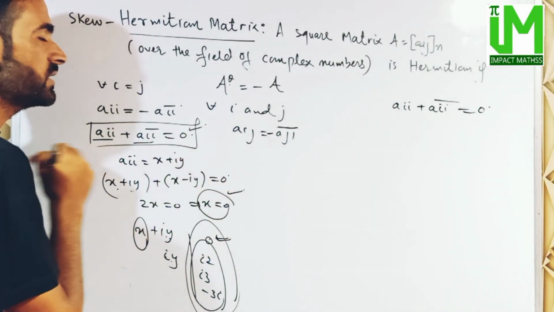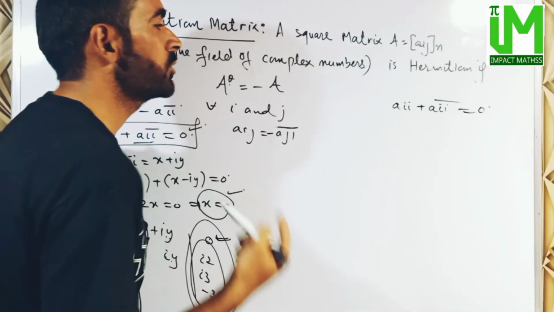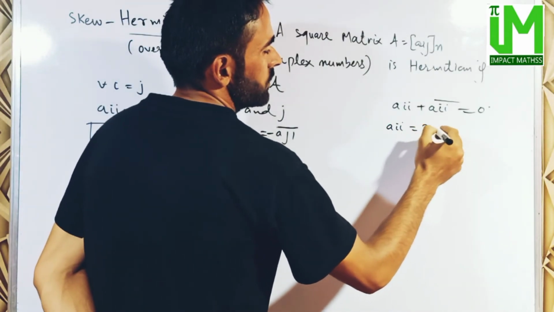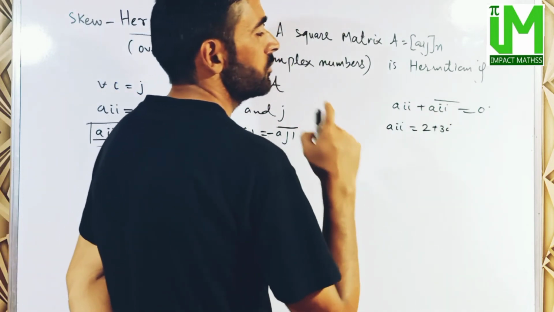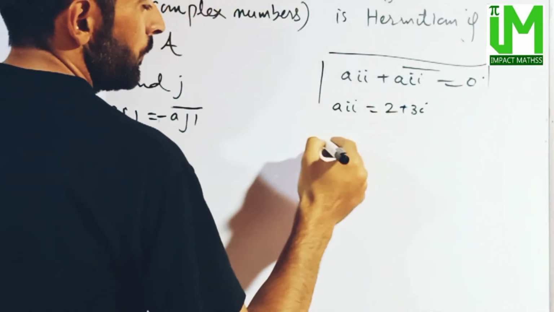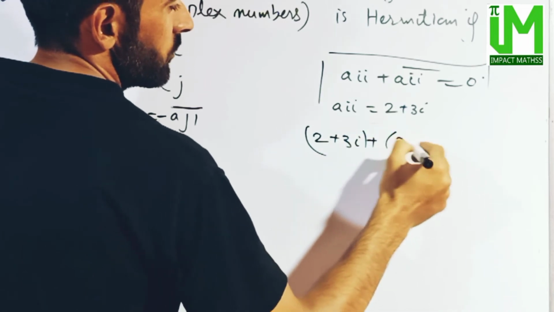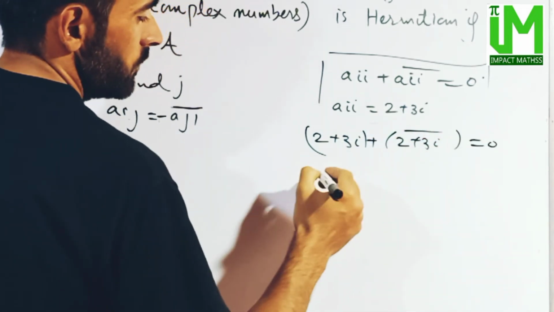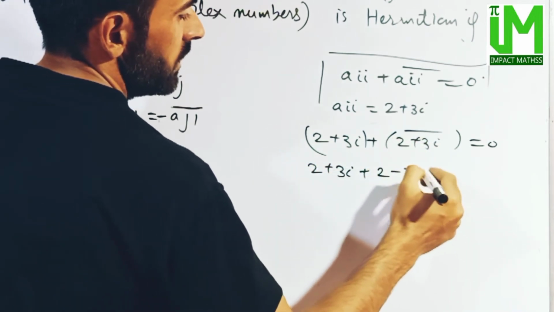इस equation को फिर से हम ले रहे हैं by means of a particular example चेक करते हैं. So if we take a_ii is equal to 2 plus 3 iota, verify करते हैं कि कौन सी कंडीशन में ये इक्वेशन होल्ड होगी. So we have 2 plus 3i plus (2 plus 3i) bar is equal to 0, which means 2 plus 3 iota plus 2 minus 3 iota is